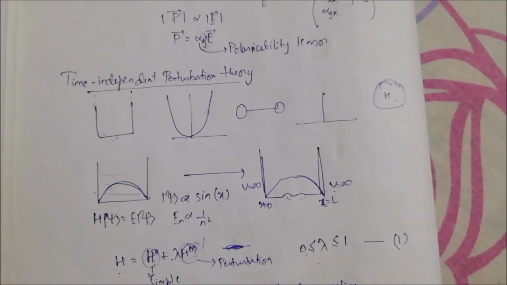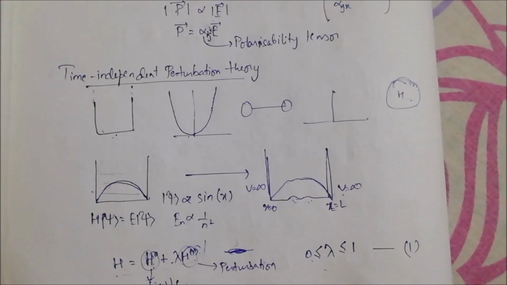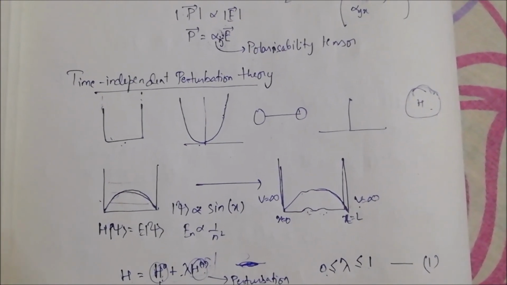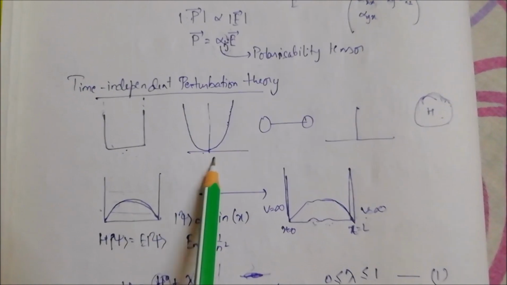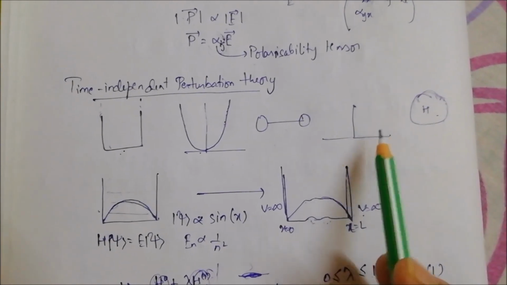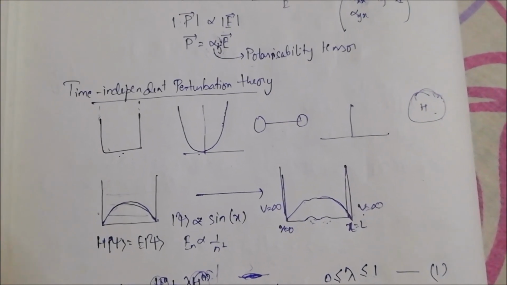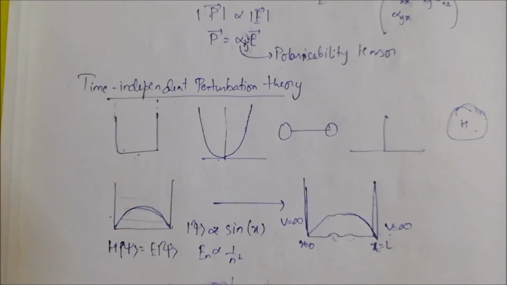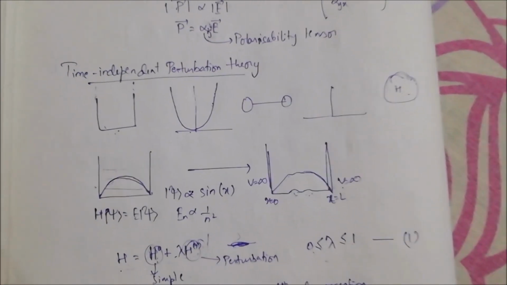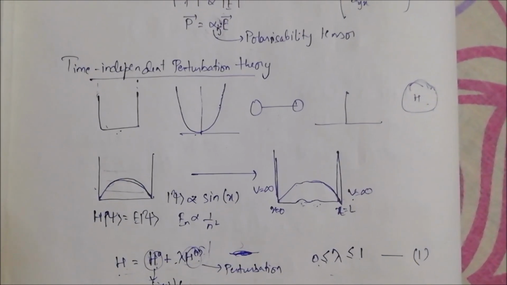As we have studied in earlier classes, or in some basic quantum chemistry lectures, we have studied some simple potentials like the infinite well, the harmonic oscillator, the rigid rotor, maybe the Dirac well and the hydrogen atom. These are simple systems, simple in the sense that they are solvable analytically. That means you can solve them with pen and paper. But in all cases in the real world, you can't solve a system analytically.